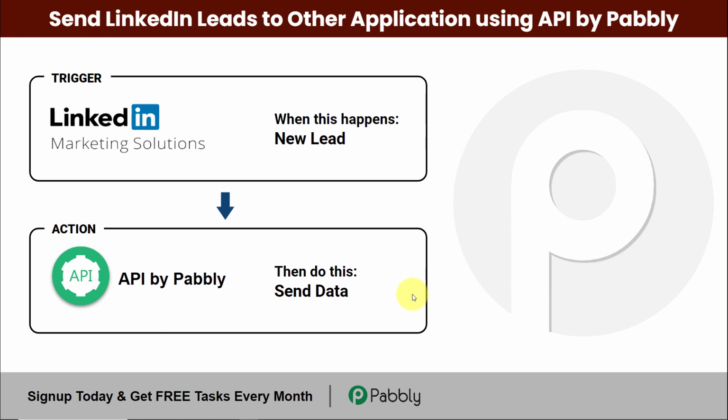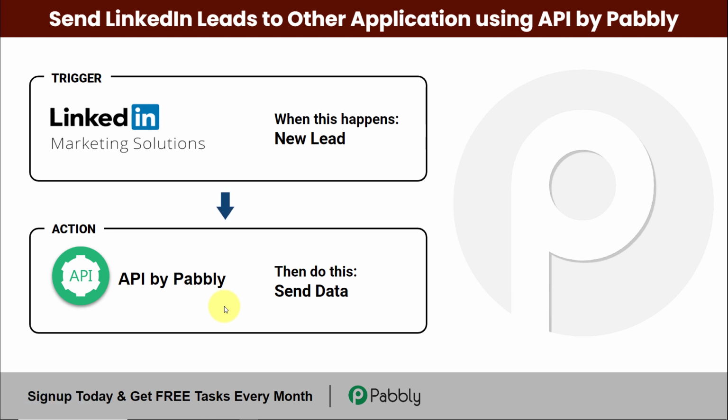In this video, we are going to understand how to send LinkedIn leads to other applications using API by Pabbly. So let's say that I'm promoting my business using LinkedIn lead generation forms, and every time I receive a new lead, I want to create a subscriber in MailerLite. But let's say that here MailerLite does not have a native integration in Pabbly Connect. In such a case, I can use this module, which is API by Pabbly, to integrate LinkedIn lead generation forms